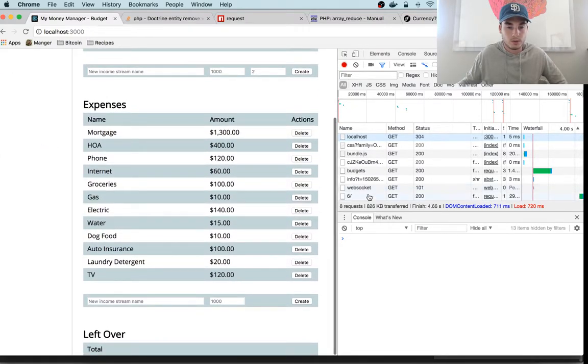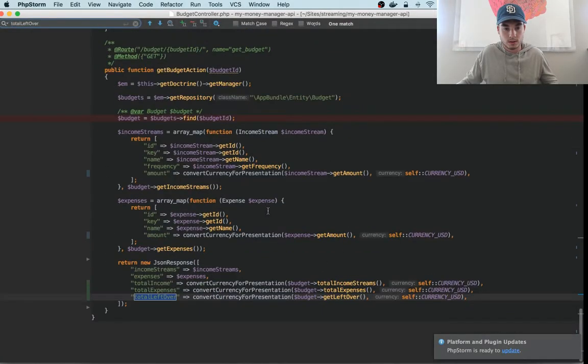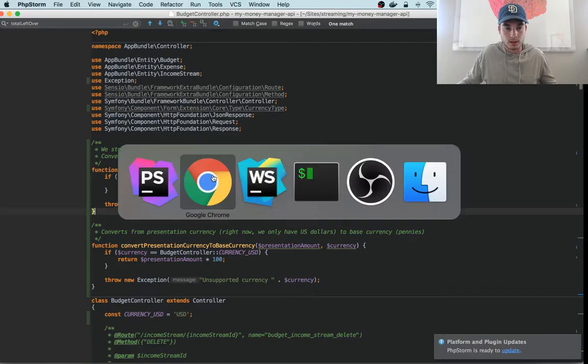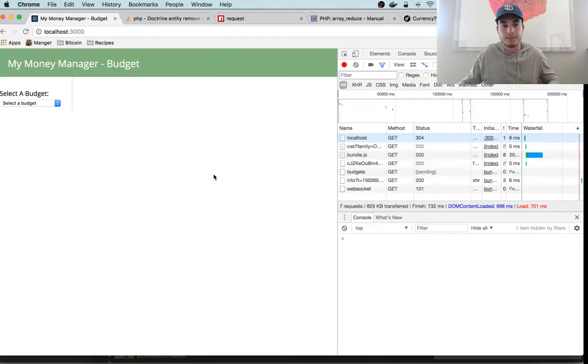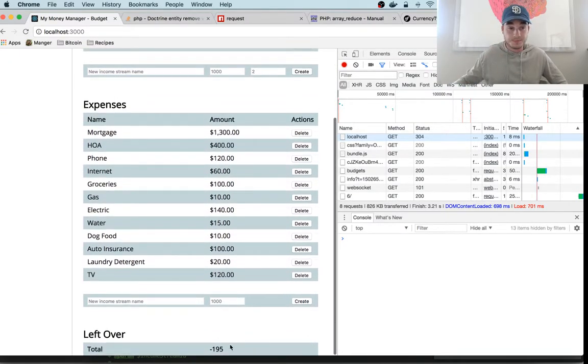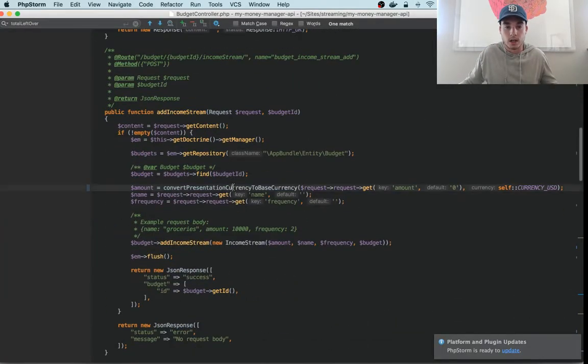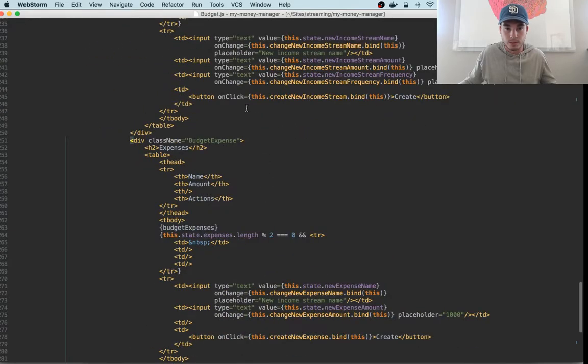No, it did not work. Let's see. Total leftover is right there. Oh, it might be a state thing. Yeah, it's a state thing. Not a prop. State. Duh. All right, there we go. There's our total, 195, and we want to format that in currency using whatever helper we use